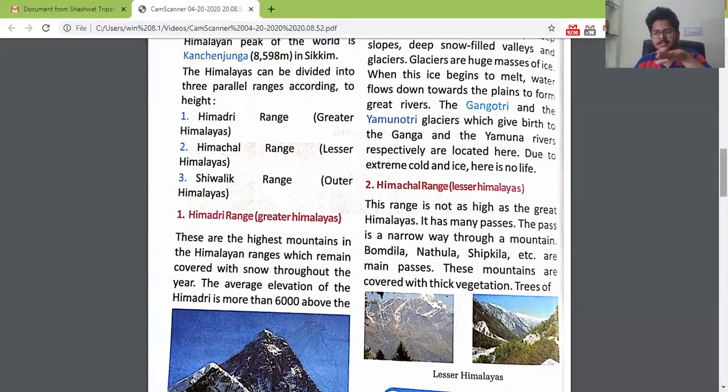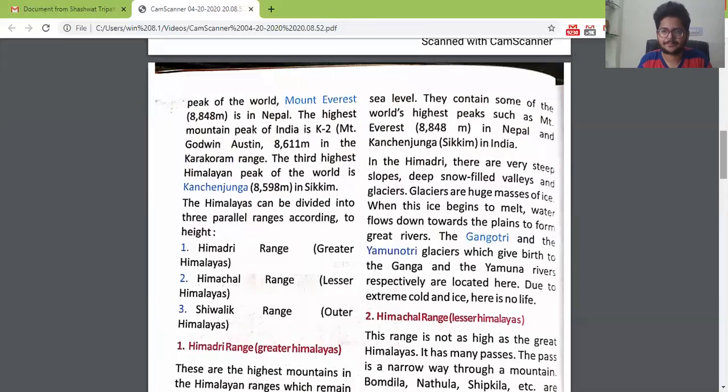Therefore, again, I'm repeating, the height of the Greater Himalayas is more than 6,000 meters above sea level.